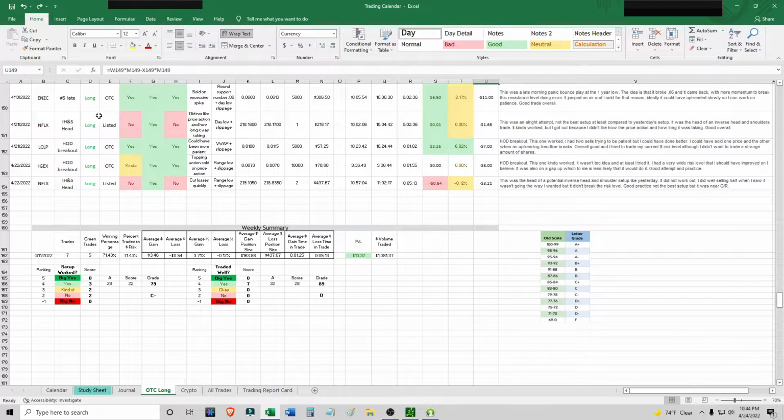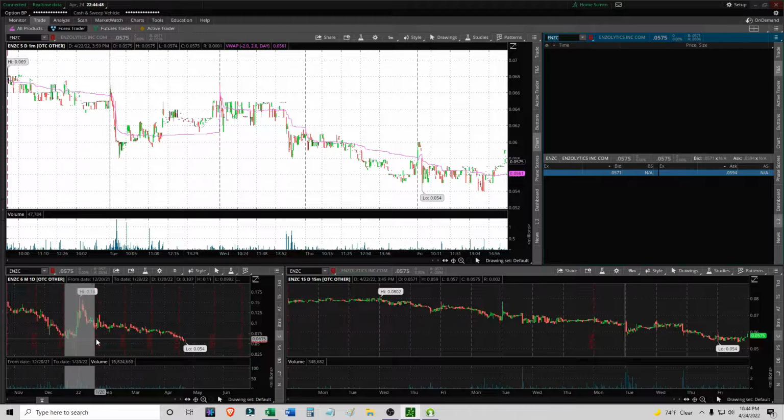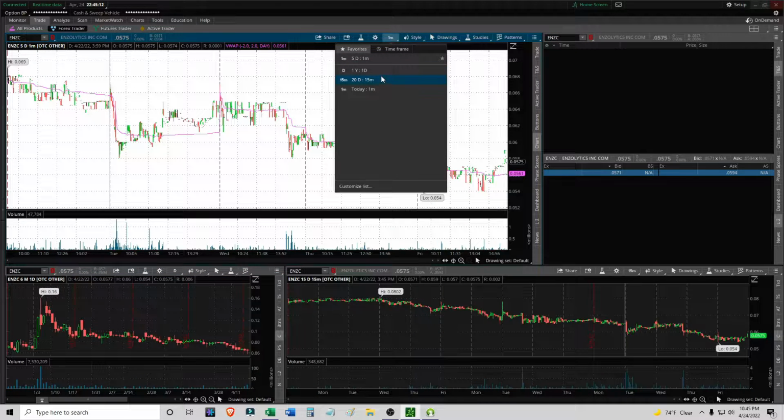Let's look at ENZC, which was a late morning panic bounce play for the 19th. Right here is the 19th. Not a very significant chart in terms of something that's uptrending, but I did have an interest in this one. I believe it was playing off of the 6 cent level, which was pretty important because if I were to zoom out, I would show it a lot better, but